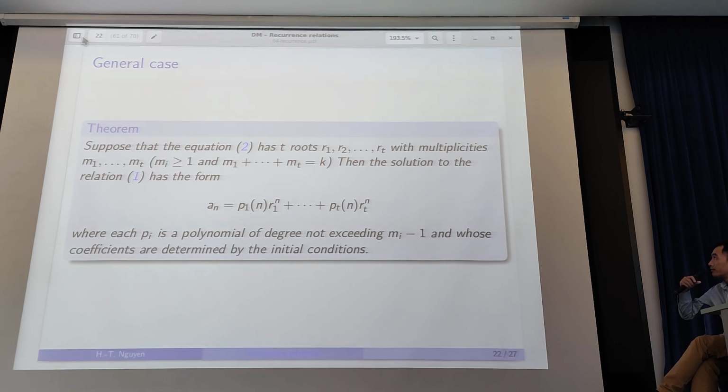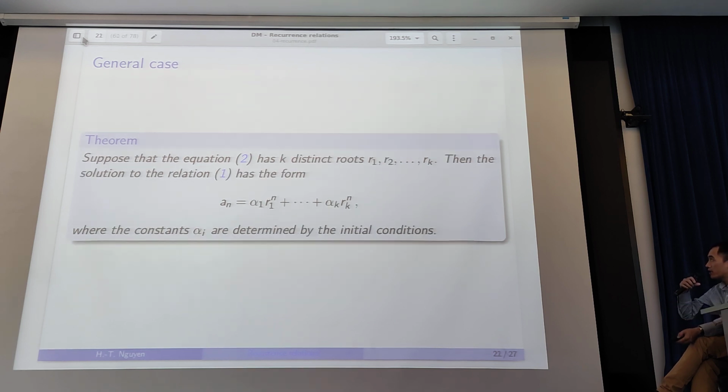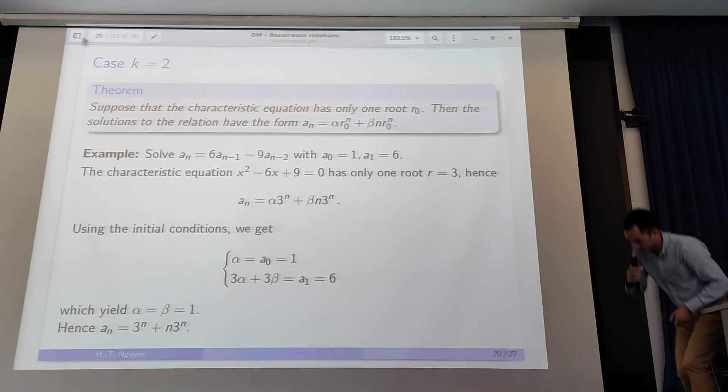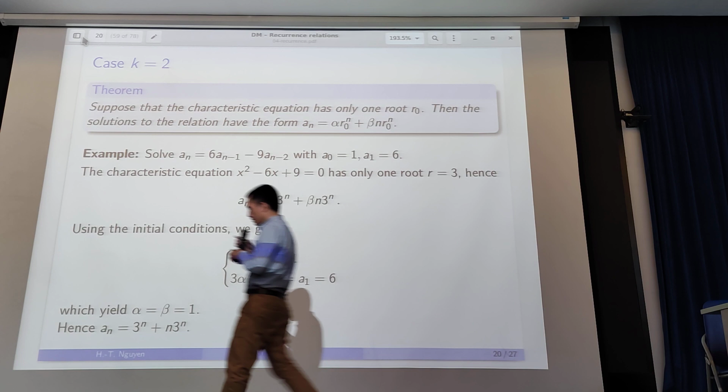Okay, so then the solution, we take this form where each P1n is a polynomial in n of degree at most m1 minus 1. So I will go back to this case. Okay, so here if you put R0 as a common factor, then